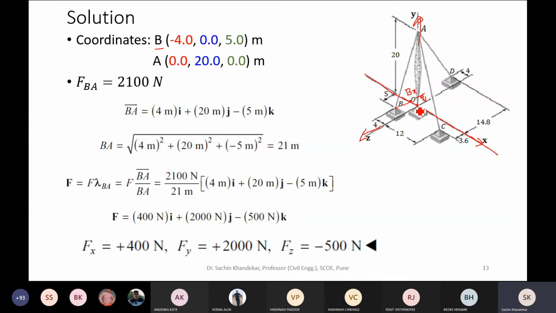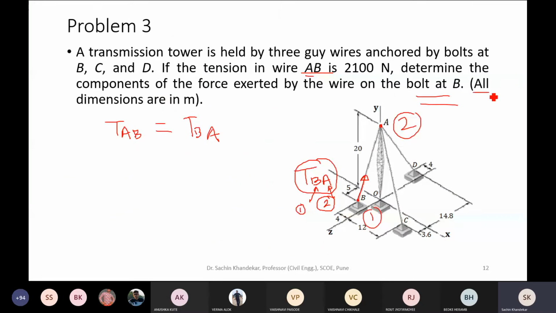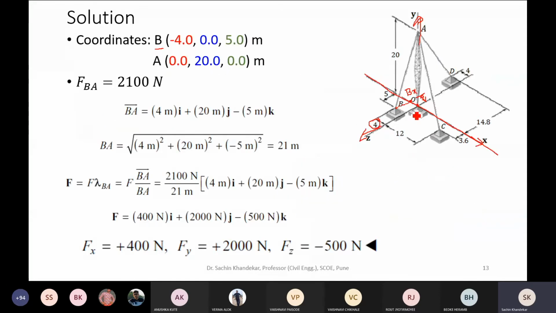So this is the distance. How much is that distance? See here, it is already given. It is 4 meter. Please note all the dimensions are in meter. Here a note is given: all dimensions are in meter. So the x coordinate of point B is 4 meter. Now whether it is positive or negative, whether this projection Bx is on positive x side or negative x side? Of course it is on negative x side, and hence minus 4 meter.